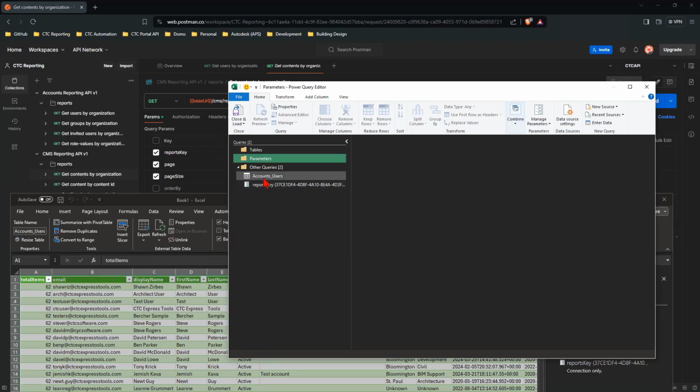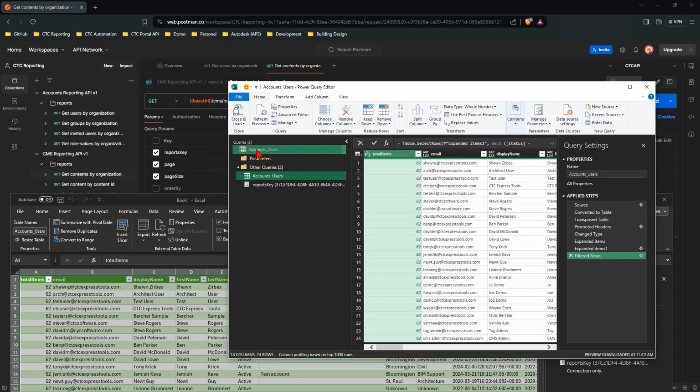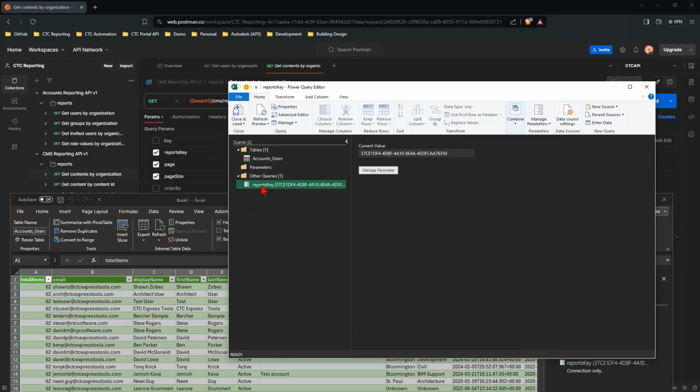And we'll get to know others in a minute here, but my accounts users is one of my primary tables. So this guy I'm just going to drag up into the little tables grouping, and the reports key here I'm going to throw into parameters. And that's just to help me keep my brain organized. That's the only reason I'm doing that. It's not required. You'll see that in the other file that I have that I've kind of grouped that way